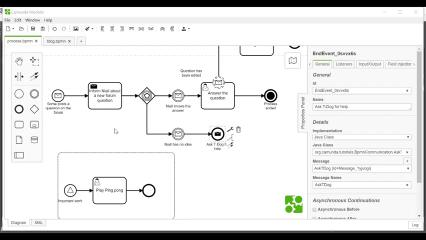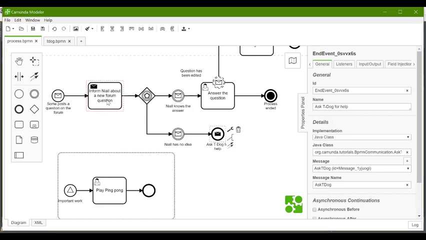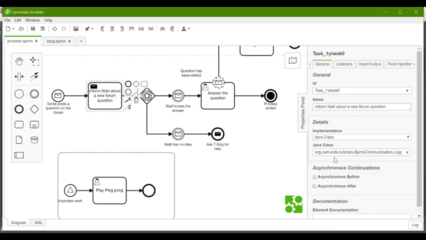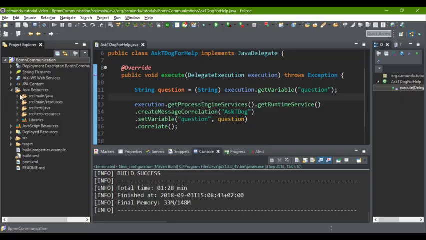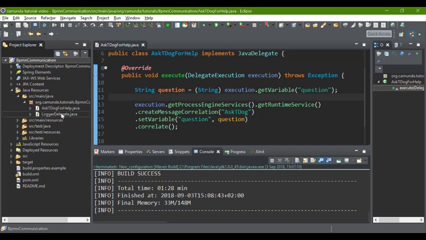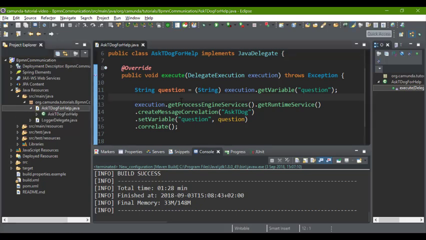Now, one thing I did actually do just on my own here is that I implemented this. This doesn't actually do anything except it calls a Java class, and it specifically calls the logger delegate, which is located as created by the archetype, and this will simply log out what I'm doing to the console. If you wanted to create a REST call from here, it would be really, really simple, or any sort of call. You would simply go to your class here, and you can basically write anything you like. Any information you prefer. So we can see here's the logger delegate.